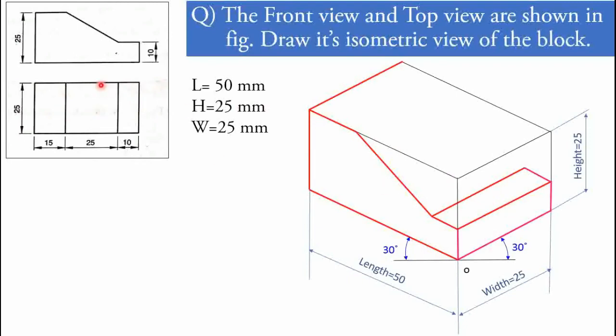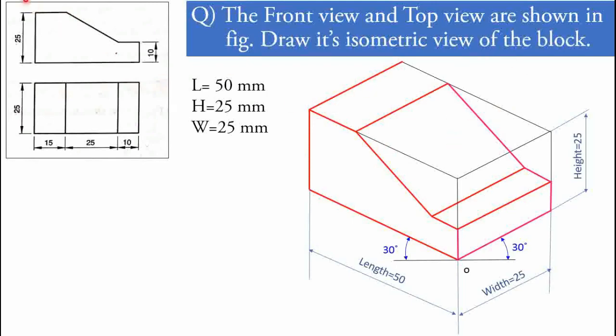Now again this second square type of structure is visible, that is 25 mm by 25 mm, but in the front view it has the slant portion. Okay, so out of that the first and second lines of that square have been represented. Now to represent the third and fourth lines, from this corner point we have to draw a straight line which is exactly parallel to the right side inclination line, and from the end point we simply join this corner point, which is exactly parallel to this surface where the initial slant line has been represented. Okay, now this is the square which is visible in the front view as a slant. It gets created in a 3D view.